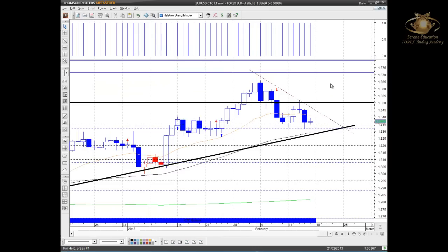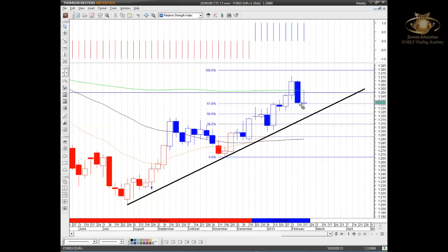Otherwise, let's have a look and see what's been happening on the four majors, starting with the euro against US dollar. I just want to give you a bigger picture. Let's start with the weekly to show you where price is trading right now. We had a bearish engulfing candle the week before, and a lot of movement this week in particular. We've seen price moving to that all-important 350 mark just below the institution, reattempting that major high in the shape of the institution moving average, however failing to break above it. During the past couple of days it has been trading at the low end of the candle towards that 335 mark, which happens to be a prior consolidation range, or support or resistance area.